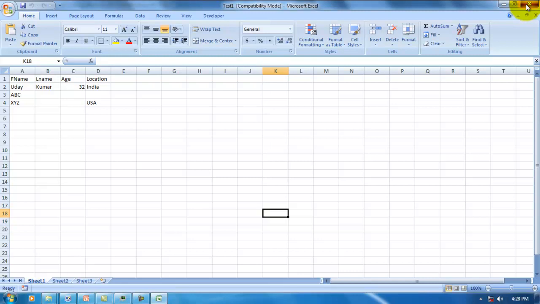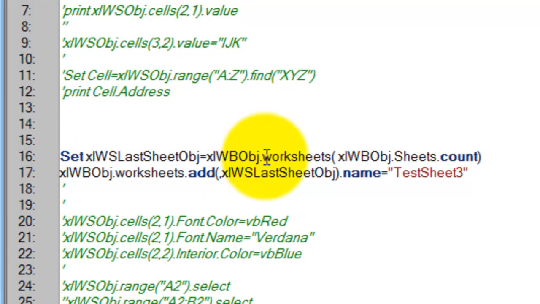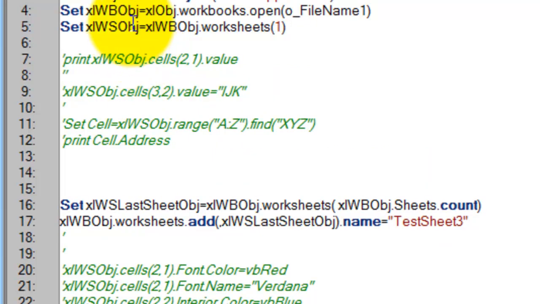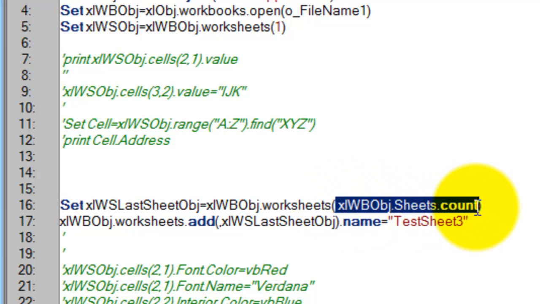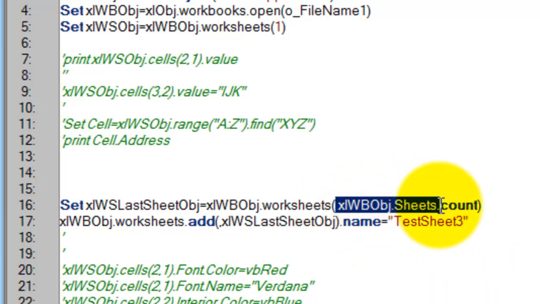Here, first you need to create a worksheet object. For that, you need to use the Excel workbook object's worksheets. For example, if you want to insert an Excel sheet at the second position, you need to specify 2 here. But I would like to add the Excel sheet at the end of all worksheets. For that, at the end means I will get the count by using this method,